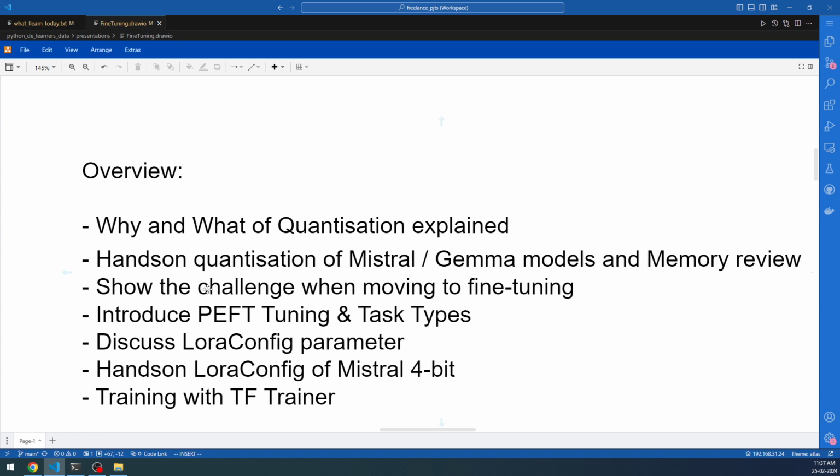But you already saw the challenges once you try to fine-tune a quantized model. The transformer trainer itself throws an error, telling that you cannot fine-tune a fully quantized model. So these first 3 steps we have already completed right now. So let's move back to the